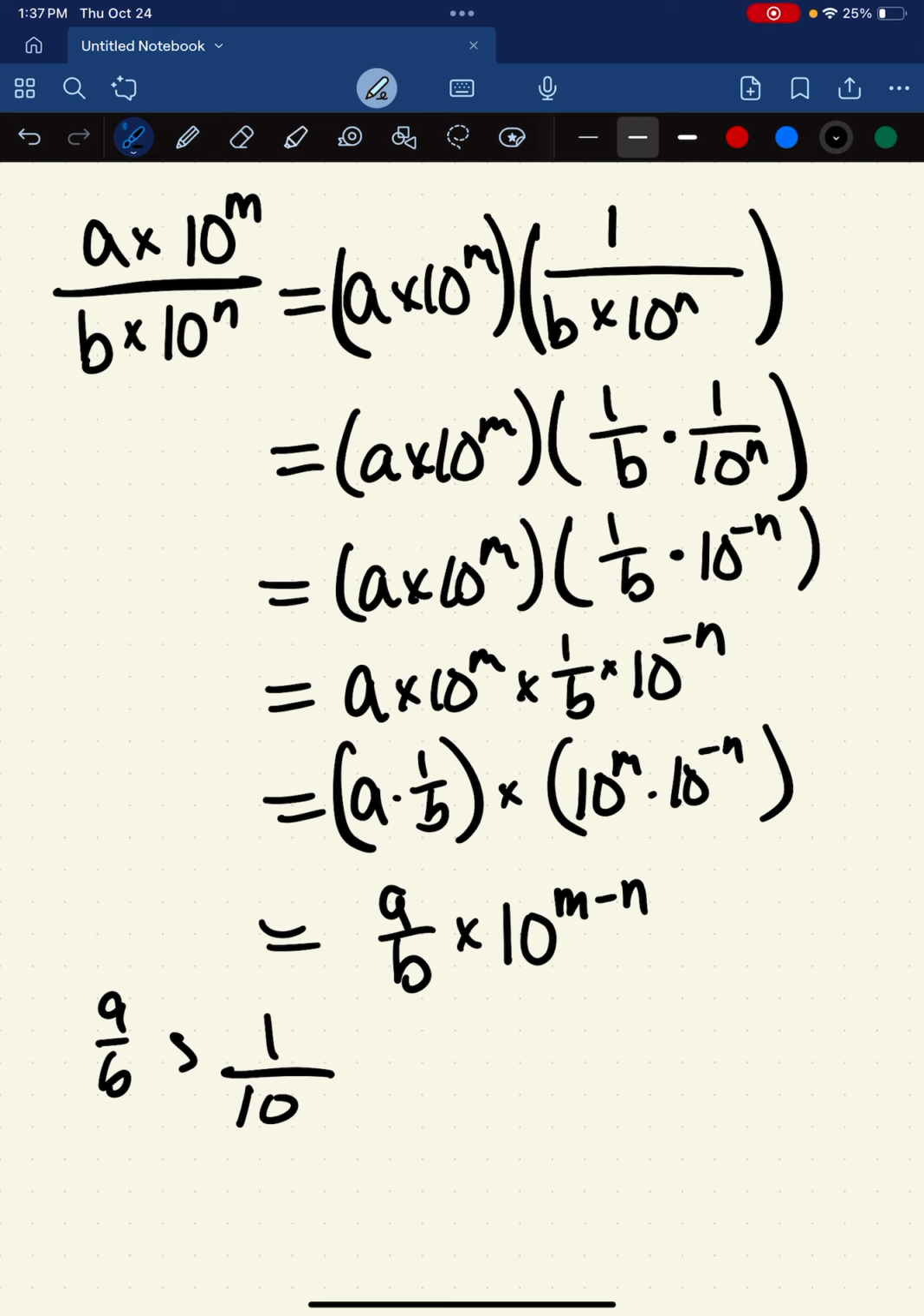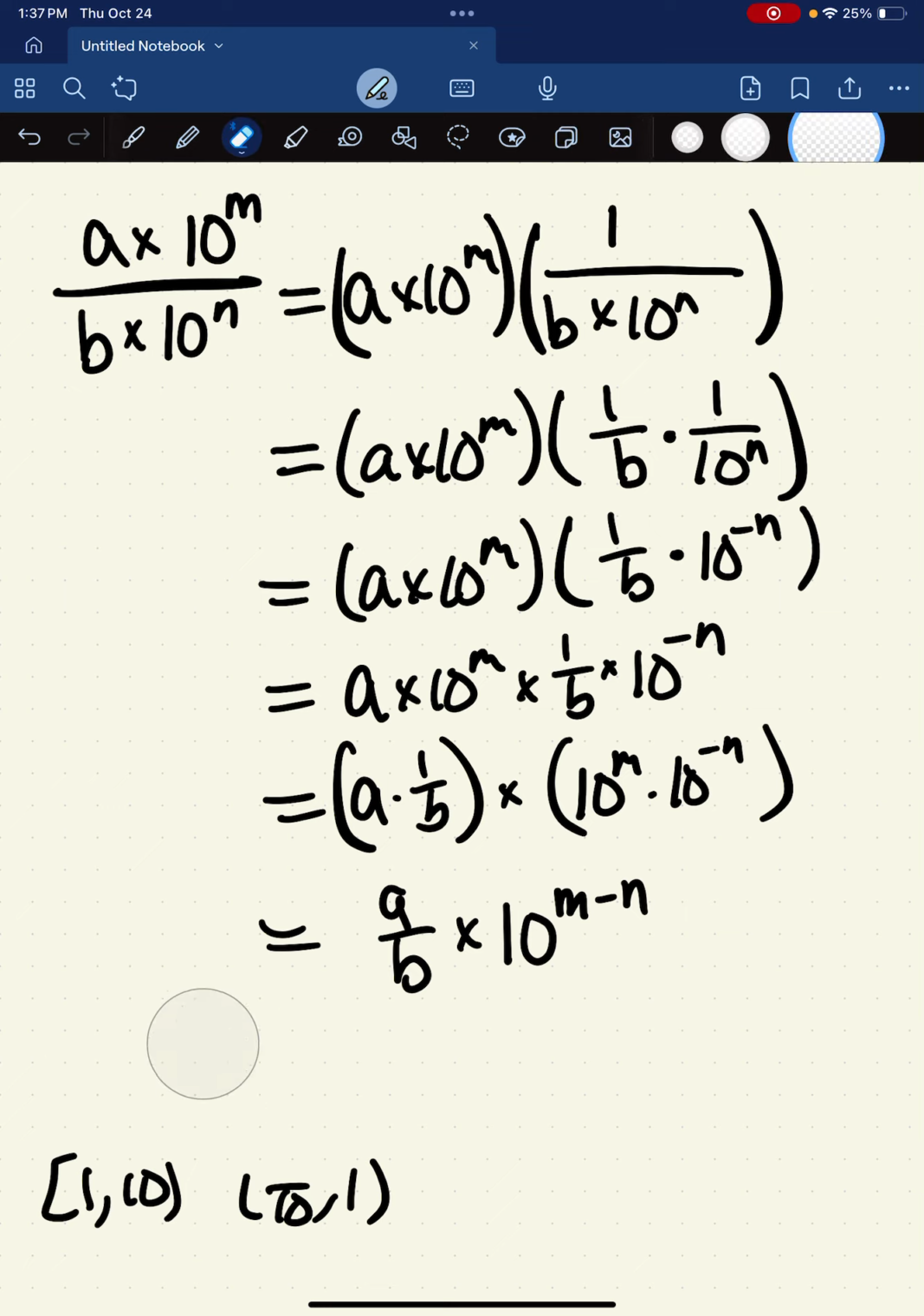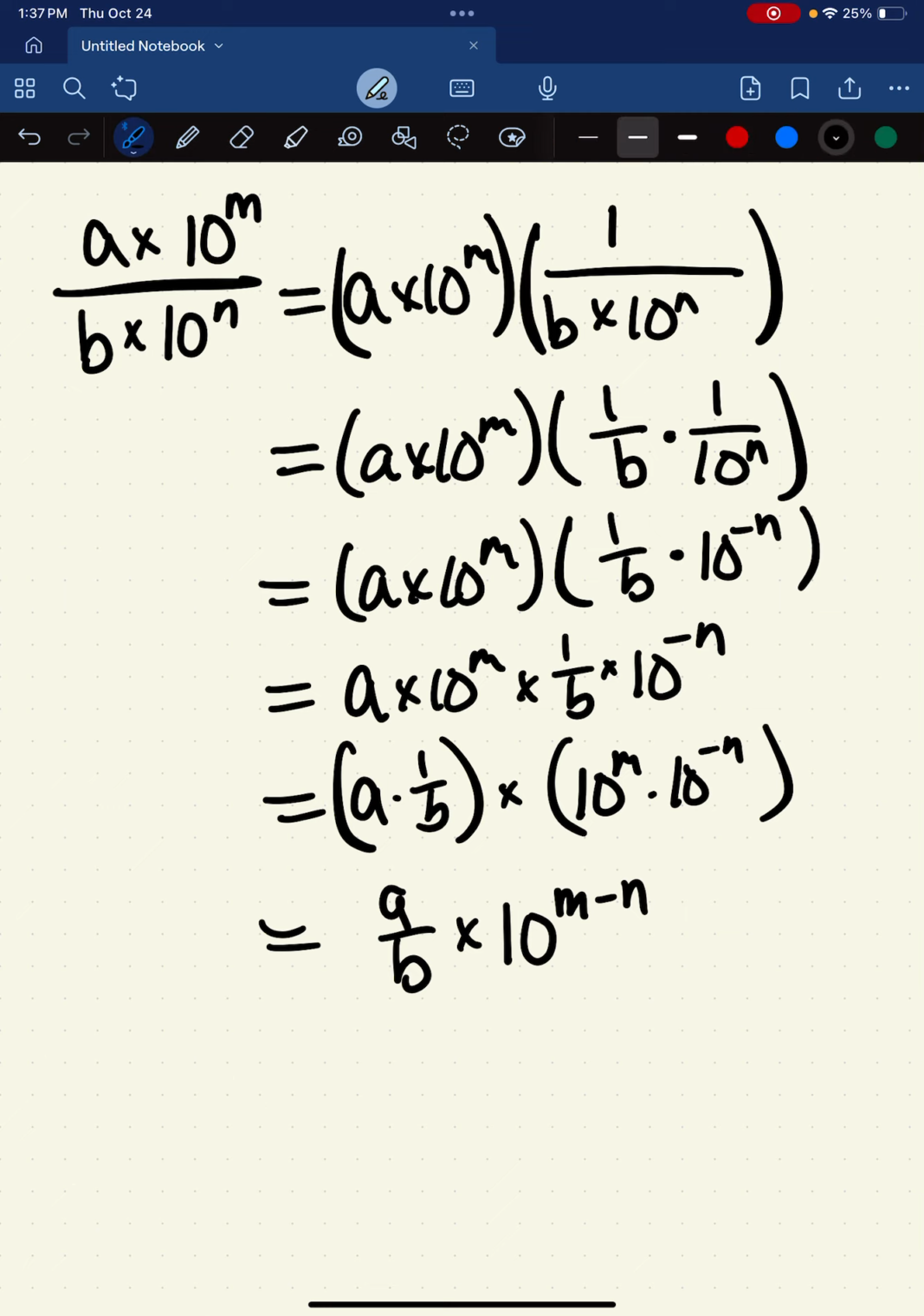So it could be, and kind of the other way around, a could be 10, but not 10. So we have this. It's fine if it's between 1 and 10. We're good. But if it is between 1/10 and 1, we're not good anymore. So what we need to do,